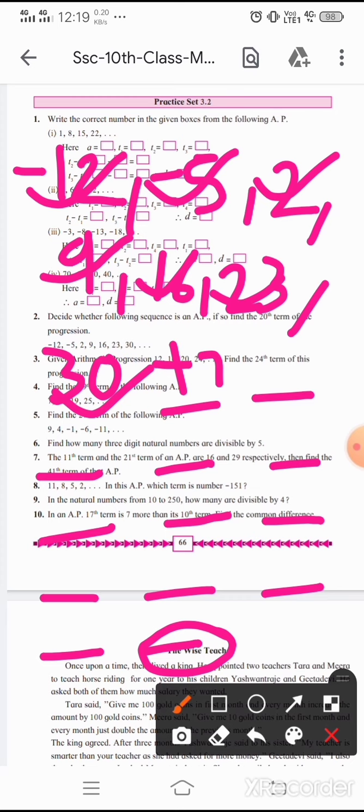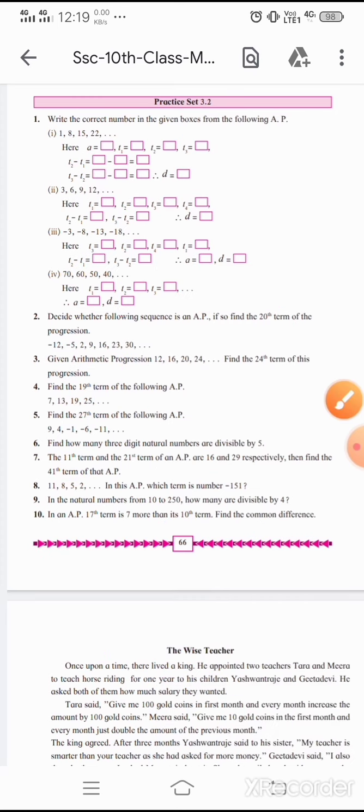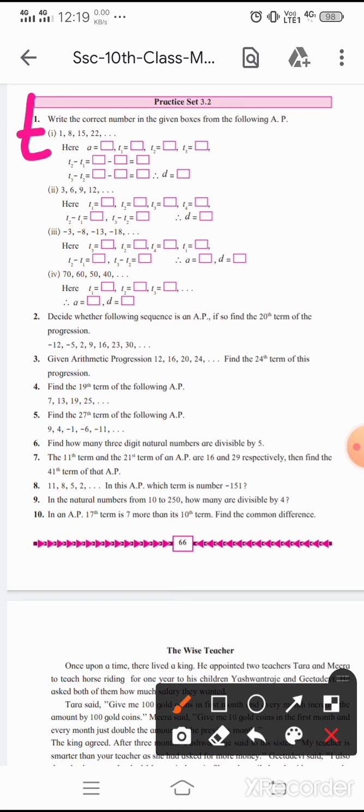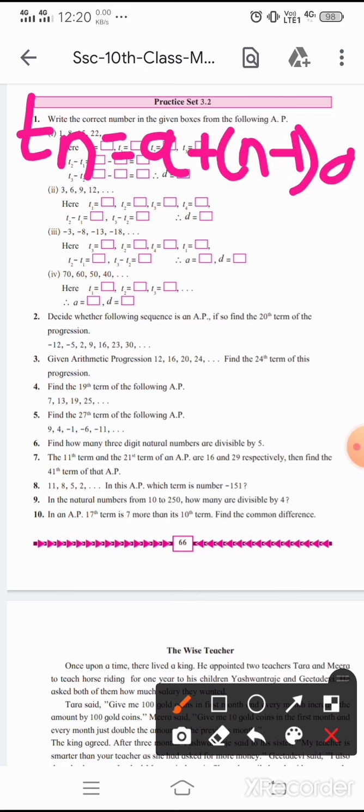सो बेटर है we'll use the formula, that is T of n वाला फार्मूला. ओके, so I'll tell you how to use. So just write, by using the nth term formula, that is T of n is equal to A plus n minus 1 and then D, right? So what we have to find? 20th term. So here you'll have to write T of 20 is equal to A.